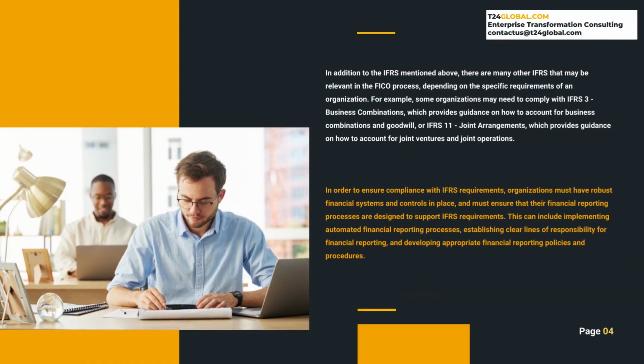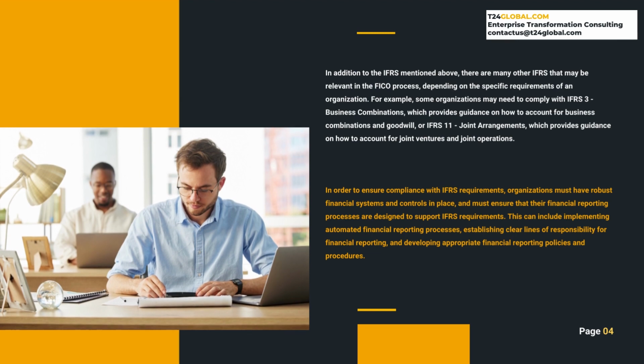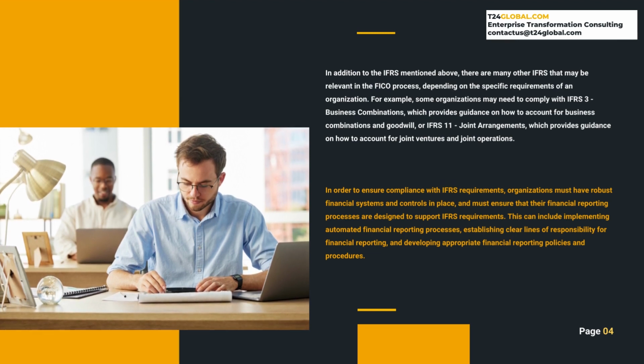In addition to the IFRS mentioned above, there are many other IFRS that may be relevant in the FICO process, depending on the specific requirements of an organization. For example, some organizations may need to comply with IFRS 3 business combinations, which provides guidance on how to account for business combinations and goodwill, or IFRS 11 joint arrangements, which provides guidance on how to account for joint ventures and joint operations. In order to ensure compliance with IFRS requirements, organizations must have robust financial systems and controls in